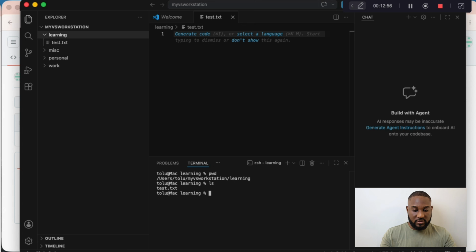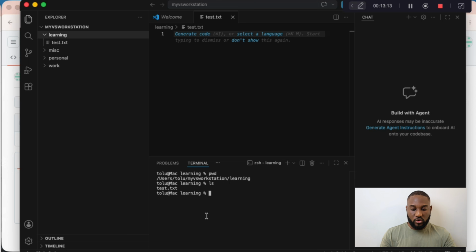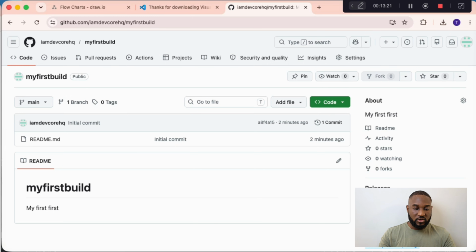If I type ls, oh, I can see my file. ls simply means you want to list the files in your current directory. As you can see, you have a test.txt file here. Now guess what? We would like to bring the code in our repository into our local environment. This is local environment because this is your computer. You are currently working on your computer, and you'd like to have the code that you have in your GitHub